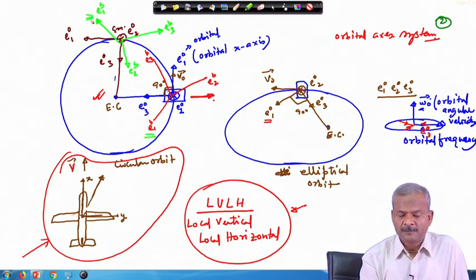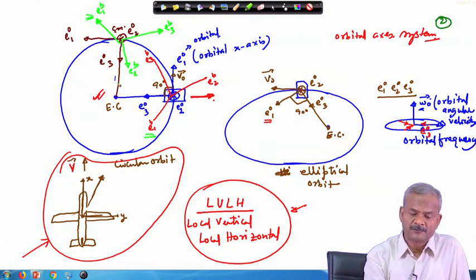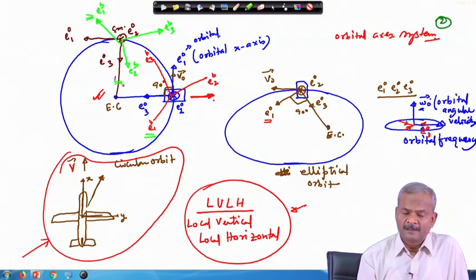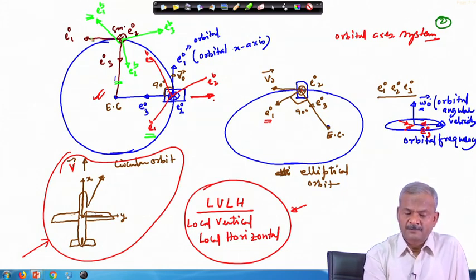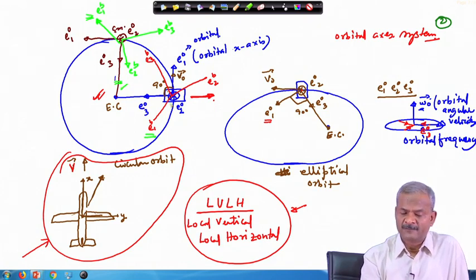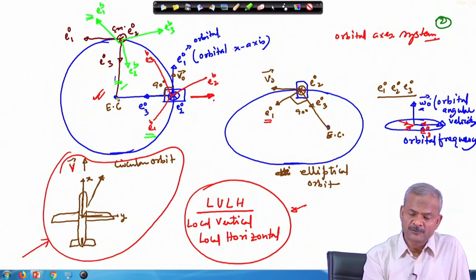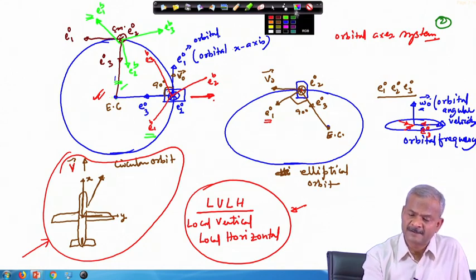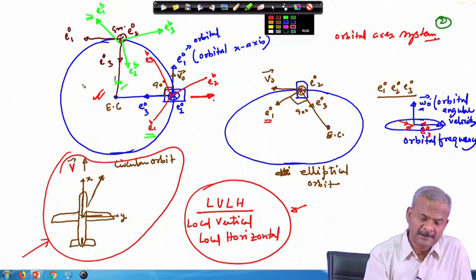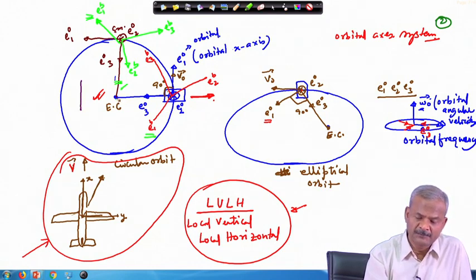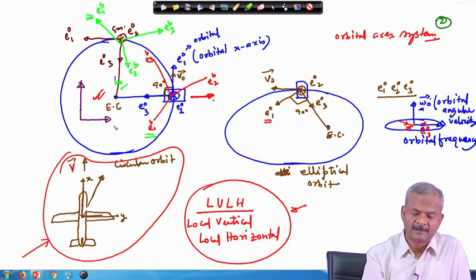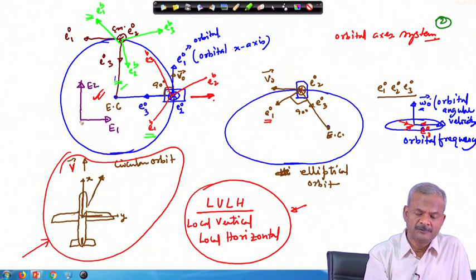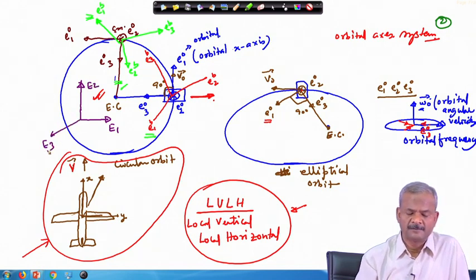So, there is a rotation of the satellite with respect to the orbital axis, which is shown here by this brown line, and also there is a rotation of this orbital axis, shown by these brown lines, with respect to the inertial axis, which I have not shown here. But if I try to show it, I can put it here for convenience, and I can write this is E 1, this is E 2 and E 3 along this direction, whichever way I choose to write.